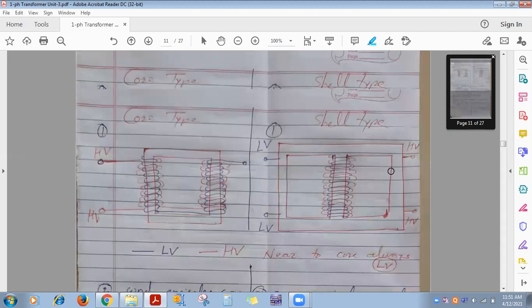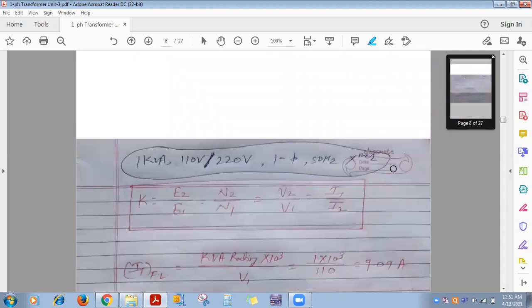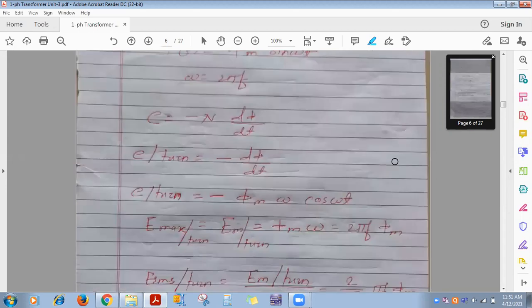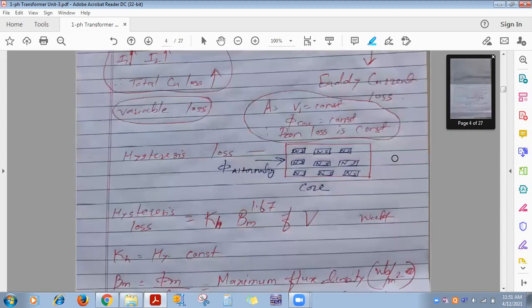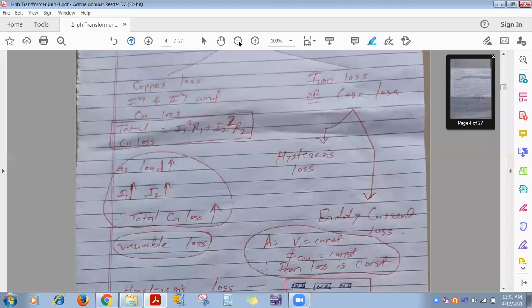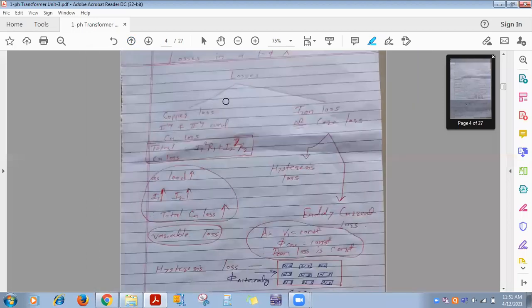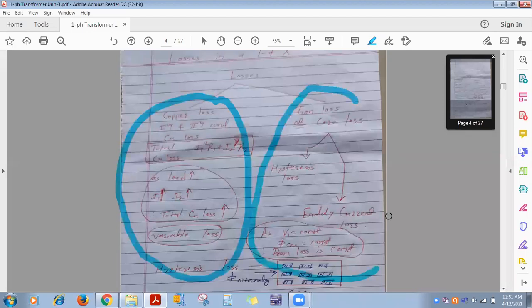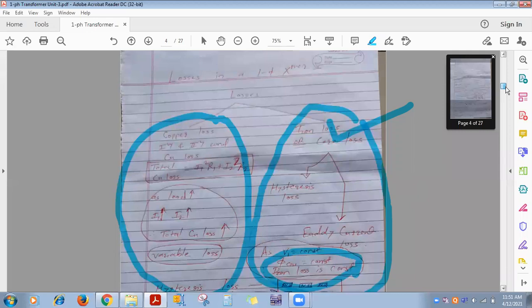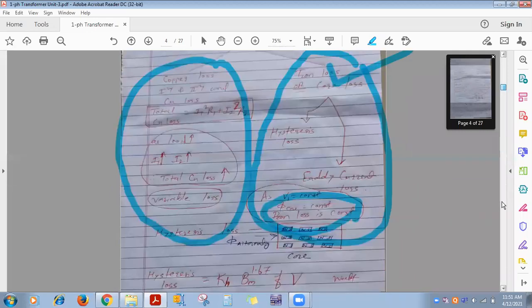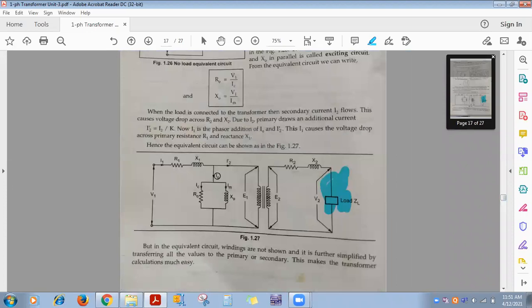I will show you whatever we have learned about losses again. Look here, we saw this on this page, isn't it? If you remember, copper loss is a variable loss, iron loss is a constant loss. Constant means it remains constant although you go on changing load from no load to full load, meaning even at no load there is iron loss. You fully load the transformer or keep it at no load, iron loss always takes place. Okay? So whatever this component over here is, it is related to that one.